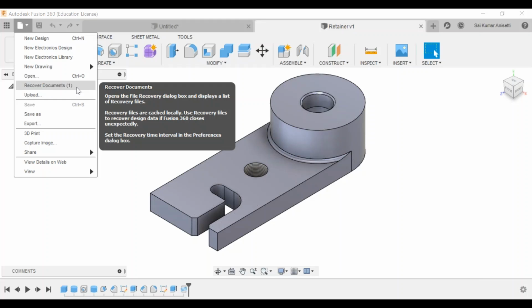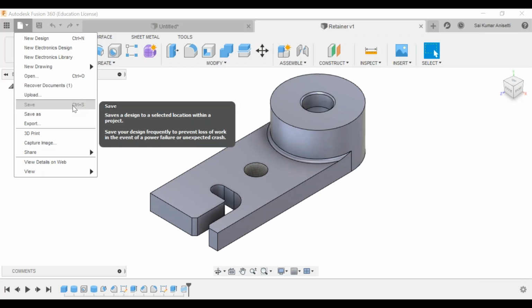Actually, it is a temporary storage. Once your internet connection is up, then it will save it in your cloud. Every 5 seconds it will be saving your file. No need to save, no need to press Ctrl S. Every time it will automatically save your files.